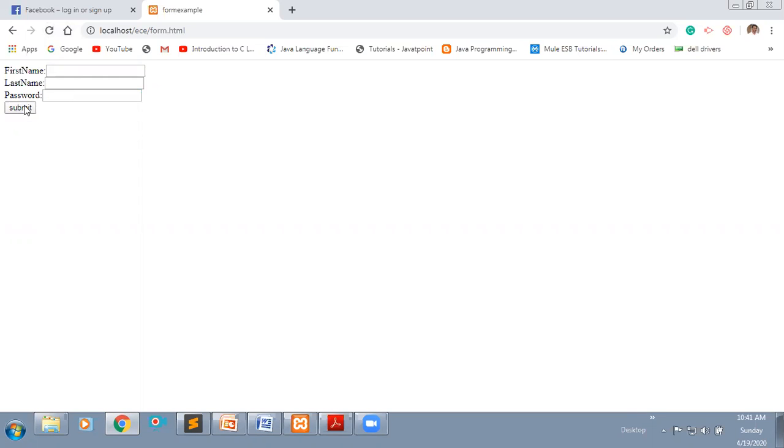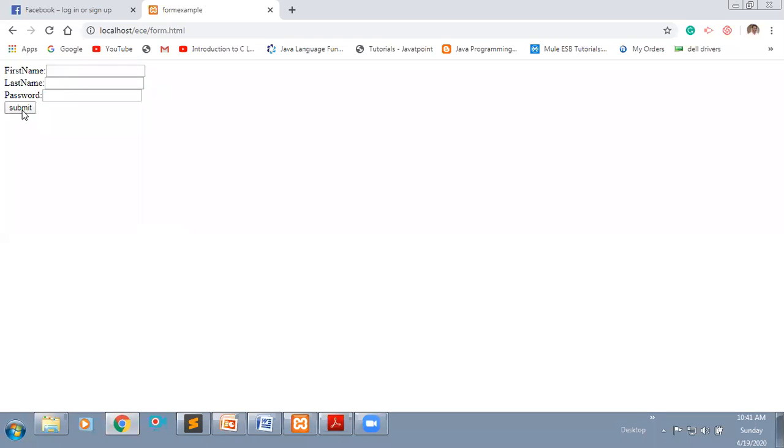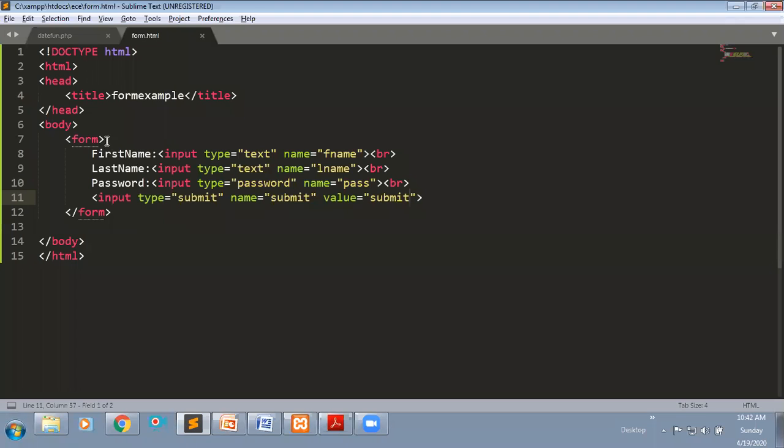If I click on this button, the total data is transferred to the server. To which server I want to transfer, that you need to mention in the form. Whatever data we submit here is transferred to the server page.